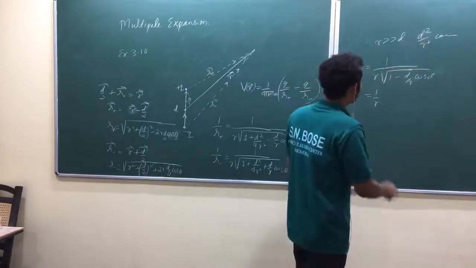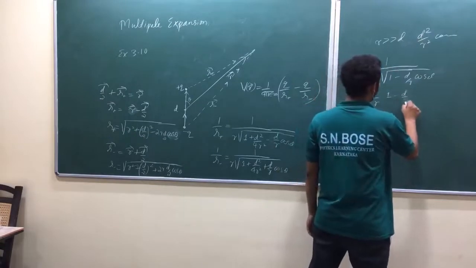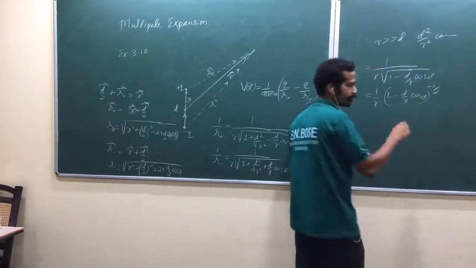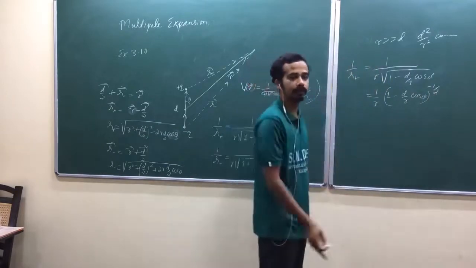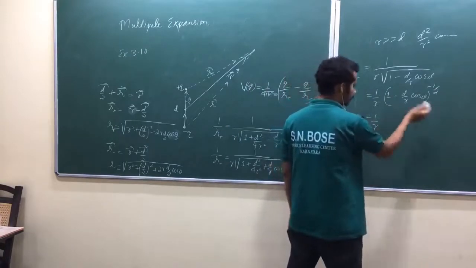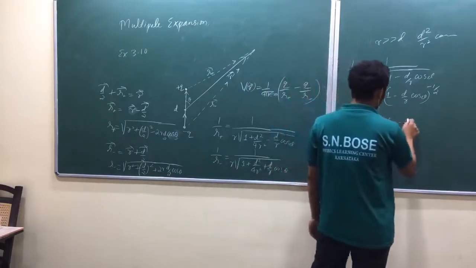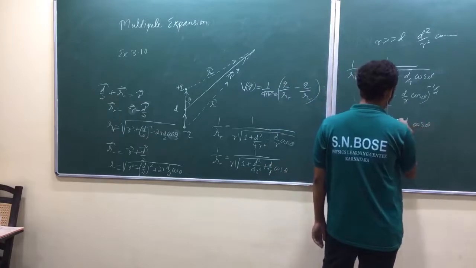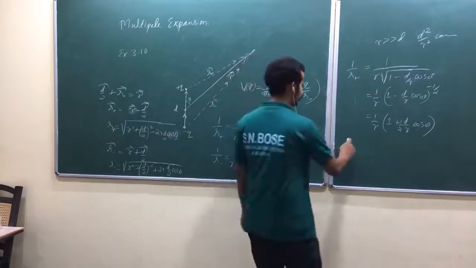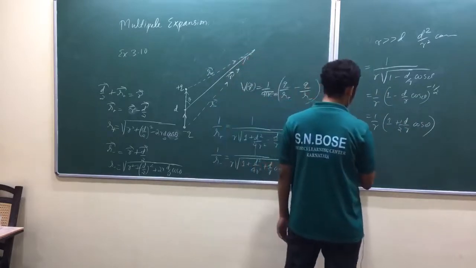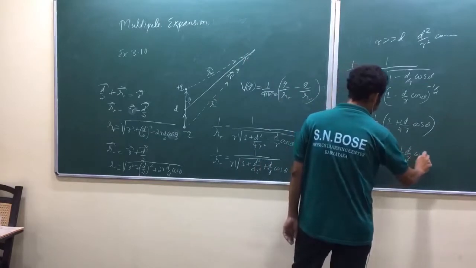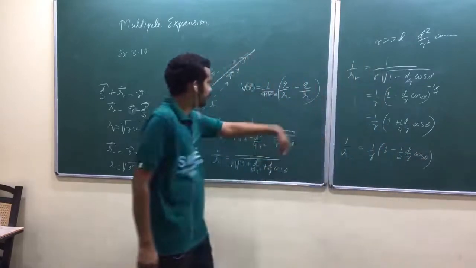What is this one? 1 minus d by r cos theta raised to minus 1 by 2. 1 plus x whole power p, 1 plus p into x, first two terms in the binomial expansion. 1 by r, 1 minus d by r cos theta to the power minus 1 by 2. Similarly, 1 by italic r minus is equal to 1 by r, 1 minus 1 by 2 d by r cos theta. So when you subtract these two,